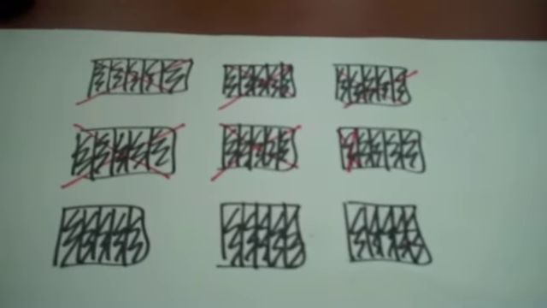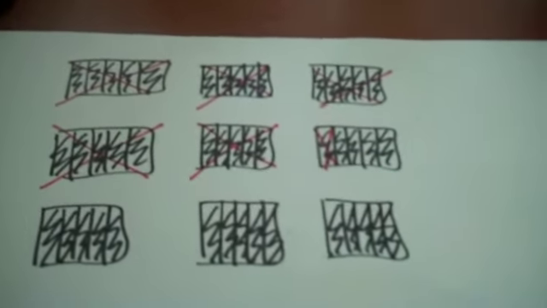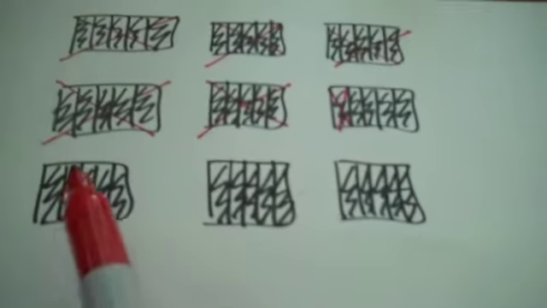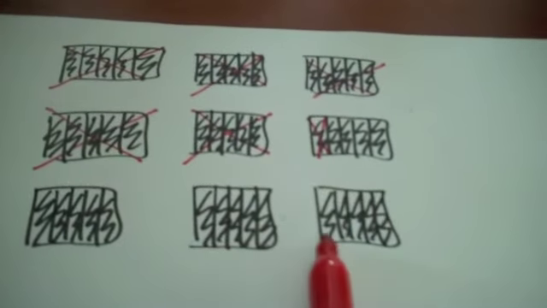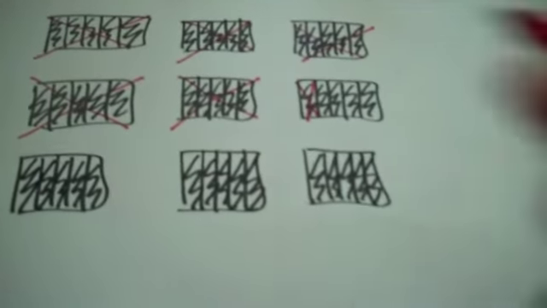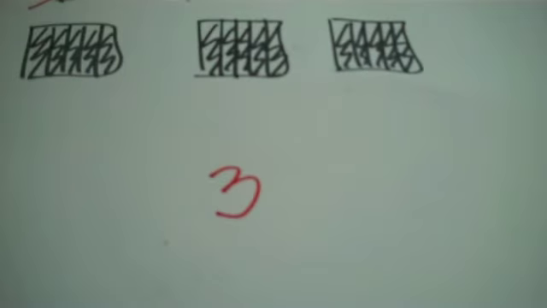Now these 5 that are up here are gone. We're going to pretend like we don't even see them because they're not part of our equation anymore. The holes that I have shaded in are 1, 2, 3. I haven't touched these. I haven't put any red marks in them. I haven't crossed anything out. So that's going to result in my whole number because the entire thing on all 3 of these rectangles is